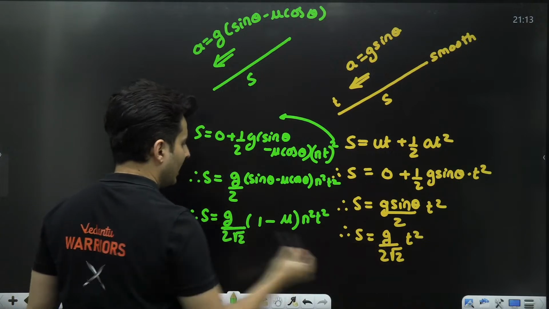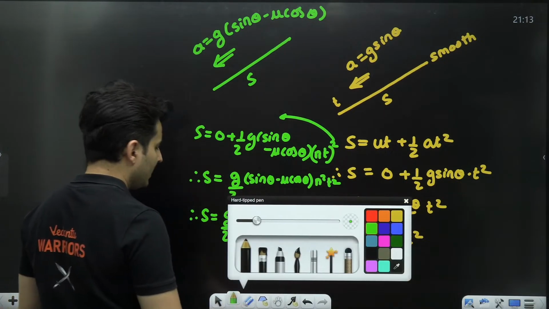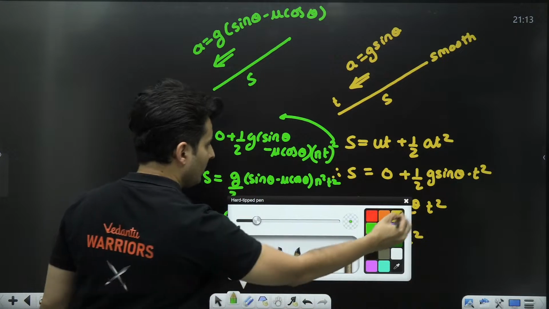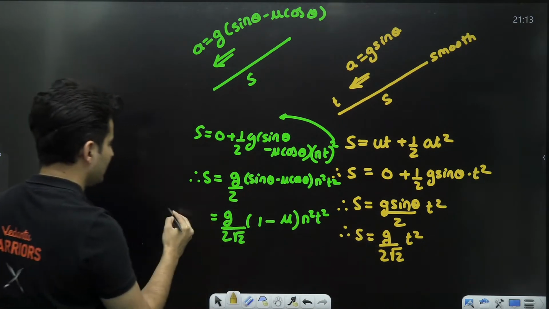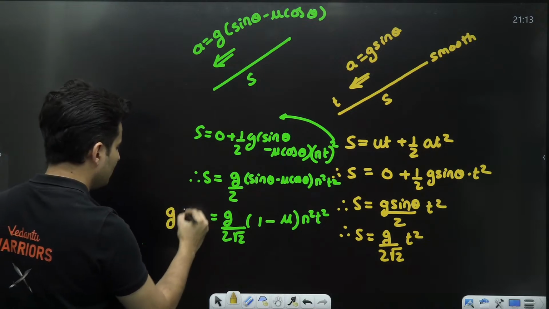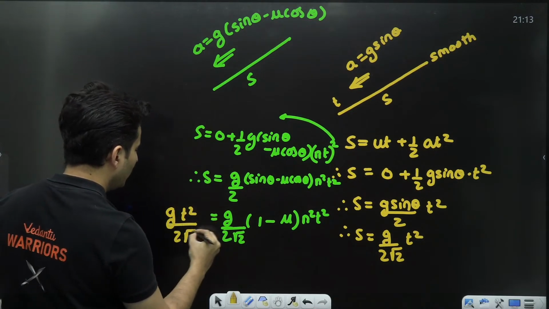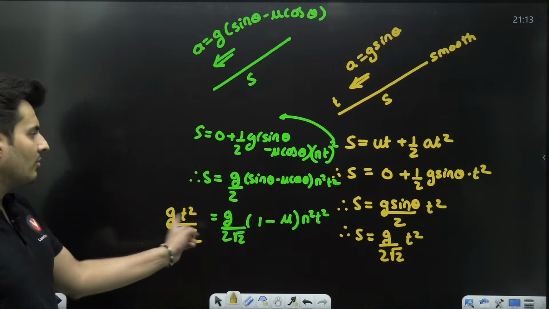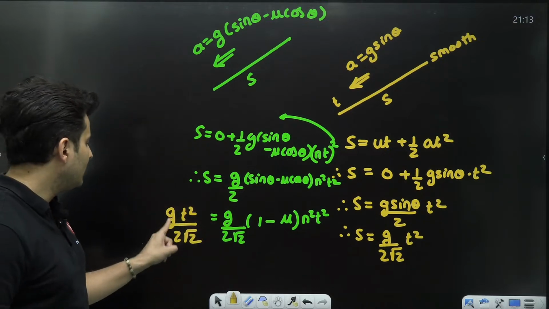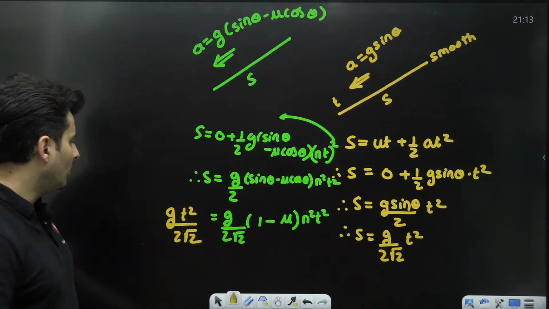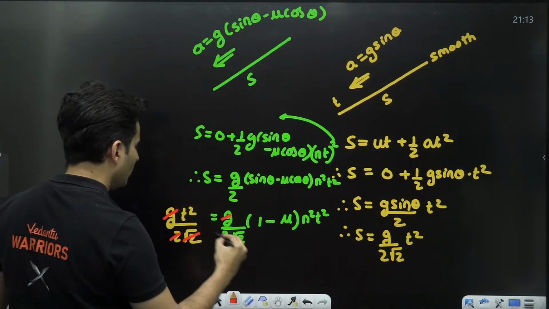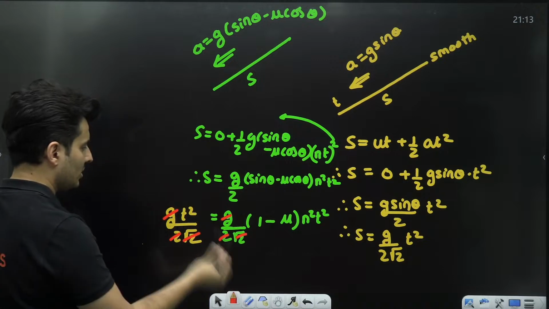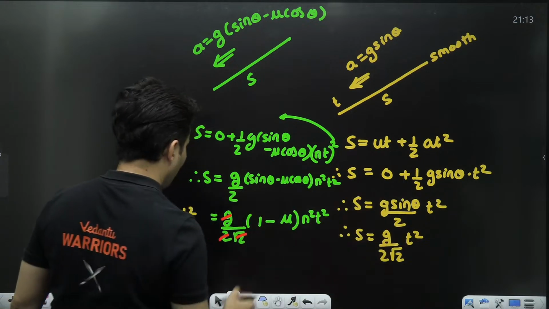S from here and here I can just equate them. So I'll just remove this S and I will take this S and put it over here. So it will just become g t square by 2 root 2. Now I can say g and 2 root 2 is common both sides, so they will just get cancelled from here. 2, 2, root 2, root 2 just got cancelled. And what I will get now,